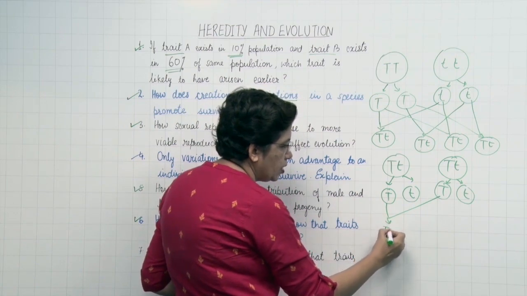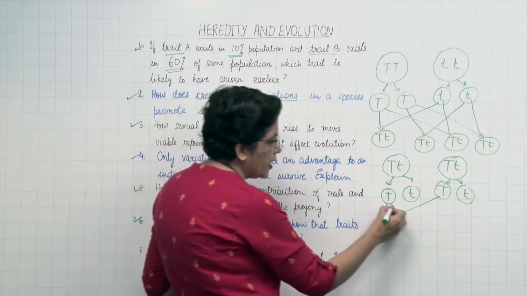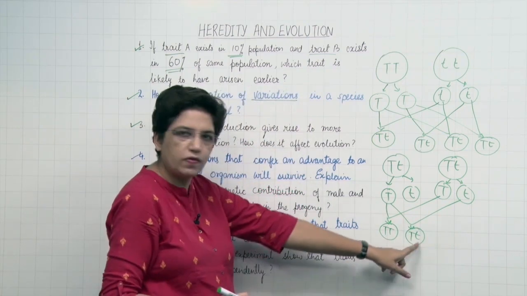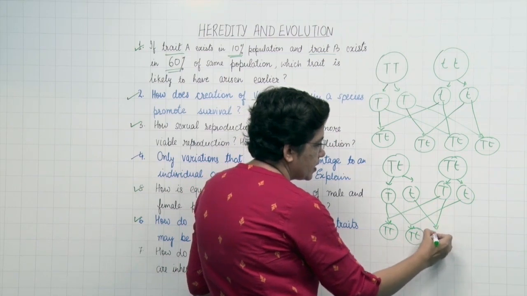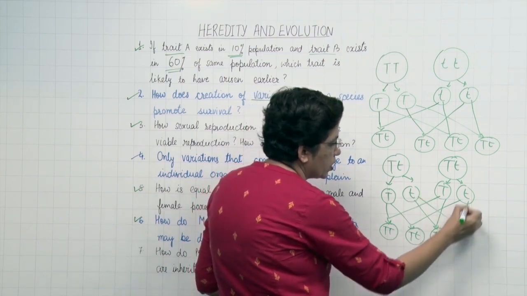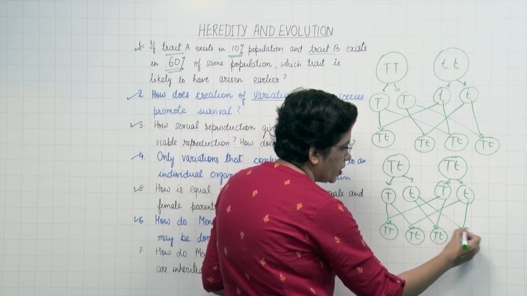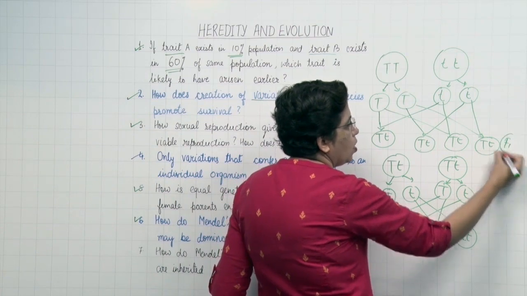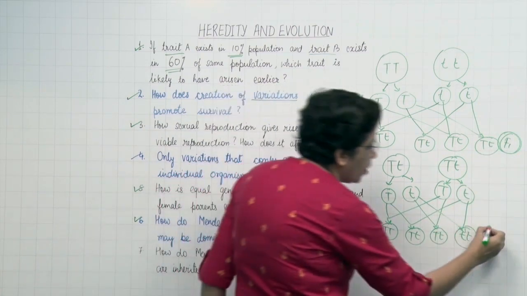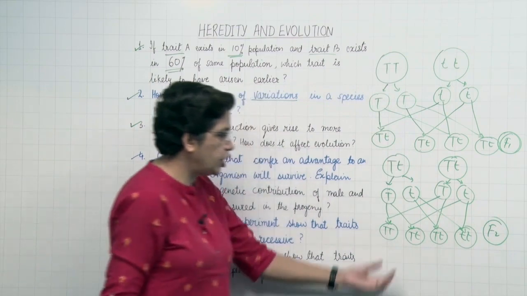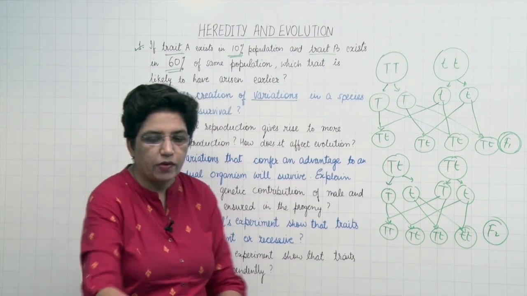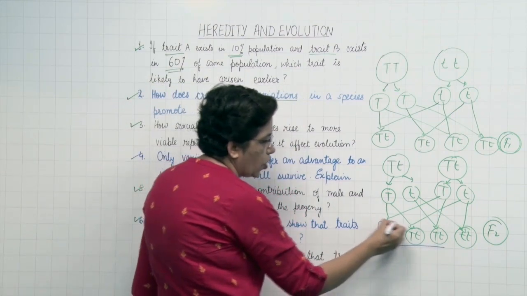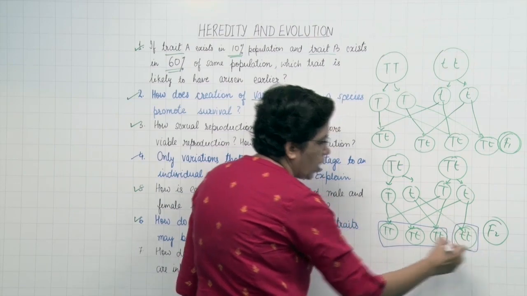First is this combination. It will be both capital T. Second is this kind of combination, capital with small. Third one is this, again capital with small, and fourth is this, both are small. So in F1 generation, I told you all the plants were tall. What about F2 progeny? In F2 progeny, 3/4 were tall. Only 1/4 of the plants were dwarf. All these 3 are tall plants, while this is a dwarf plant.